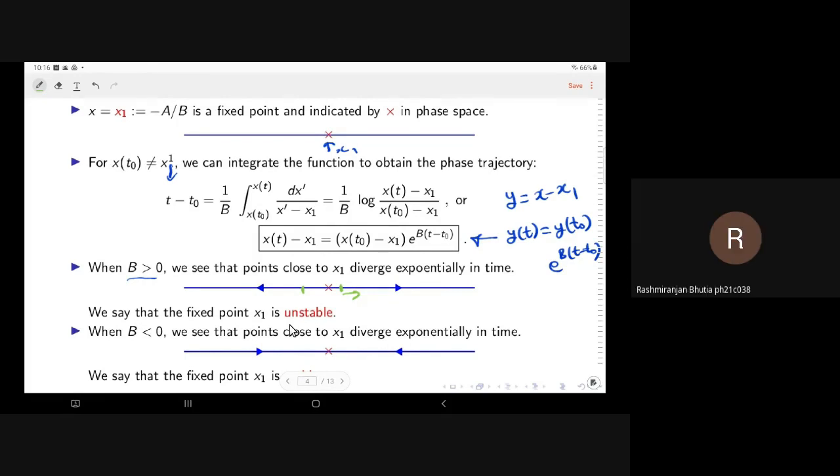Yes, sir. Okay, so this is what is captured by this. So we say in this case that the fixed point x1 is unstable, because if you take even a point arbitrarily close to it, it goes away from it. That happens for b greater than 0. But of course, we can also have b less than 0. And then what we see is that points which are close to x1,